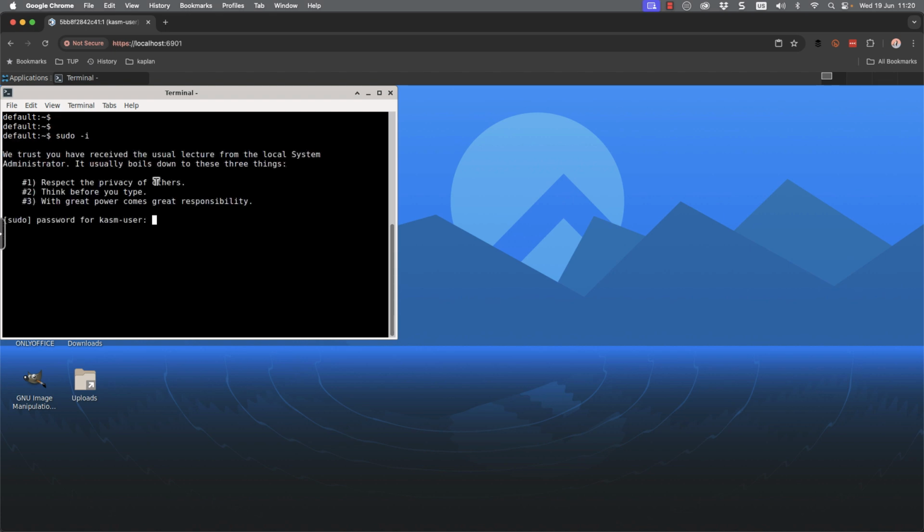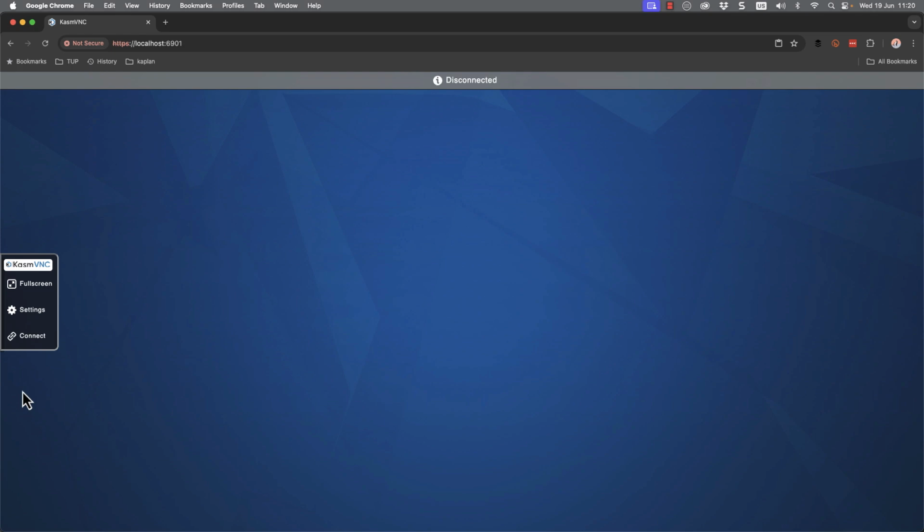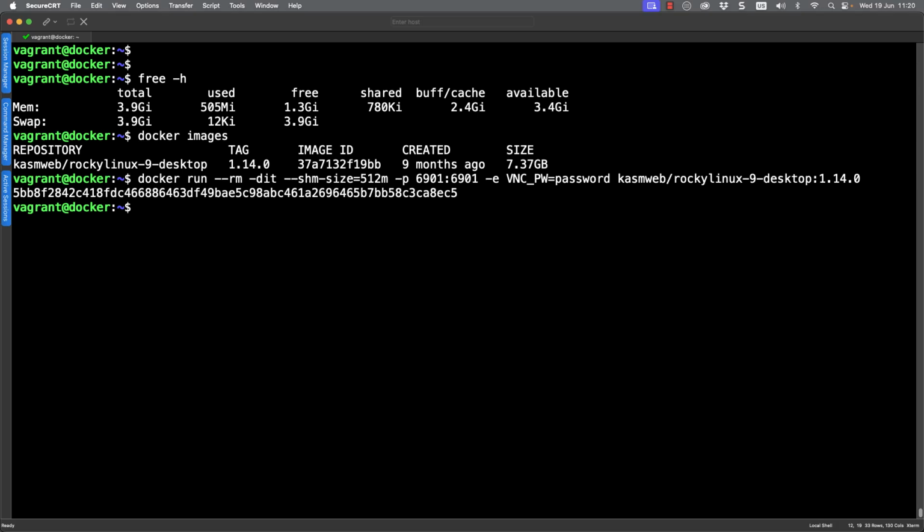And if your users only needed straightforward access to the system without elevated privileges, this would be really good. But when I go through and take a look at sudo -i to elevate my privileges, we're being prompted for the Kasm user password, and this hasn't been published. Now, it's not the same as your VNC password, so there's no point just putting in the password that I use to log on to this system. However, we can, of course, adjust our image. So let's go through and disconnect from this.